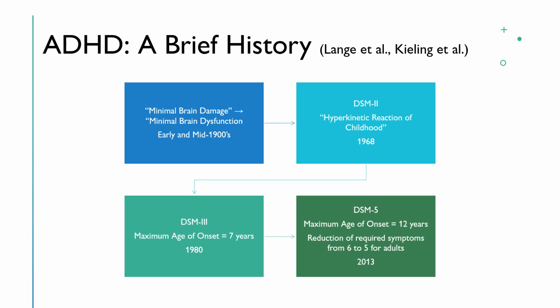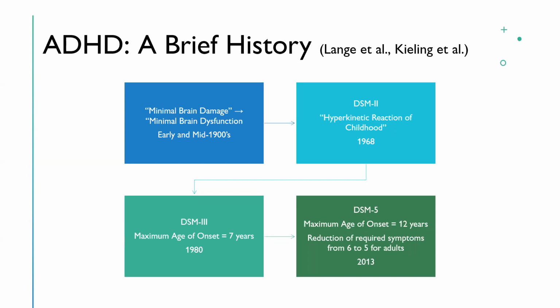So it was really the early and mid 1990s when adult ADHD, or symptoms of ADHD in adulthood, had been recognized prior to that, but were really given some credence, right? This idea that ADHD could be something that affected adults. And that brings us up to where we are currently in 2013, the DSM-5.